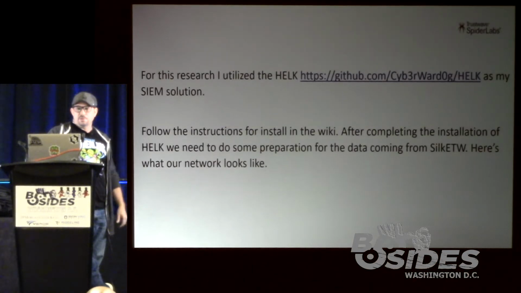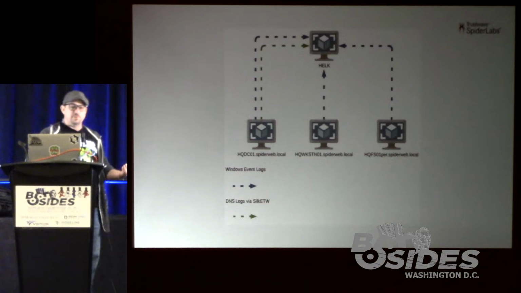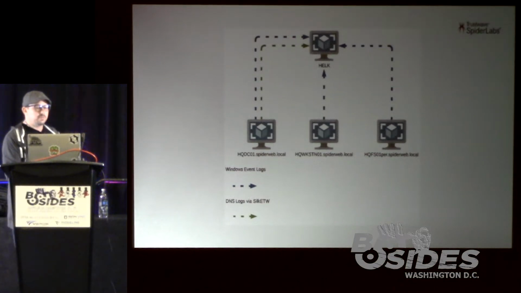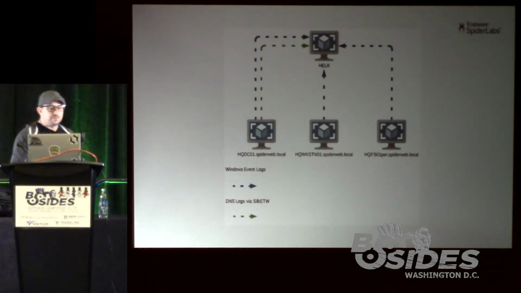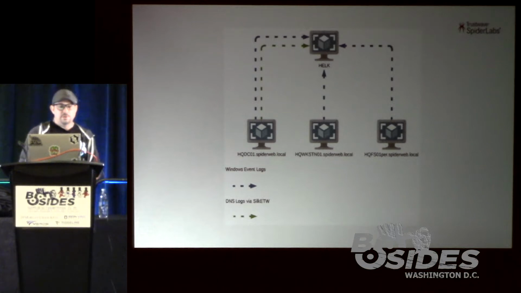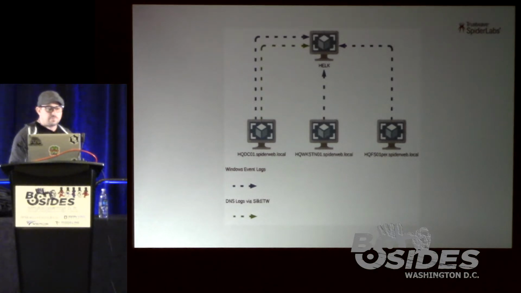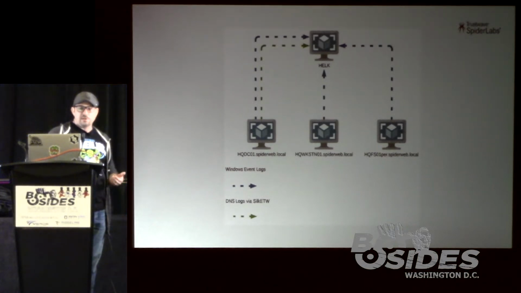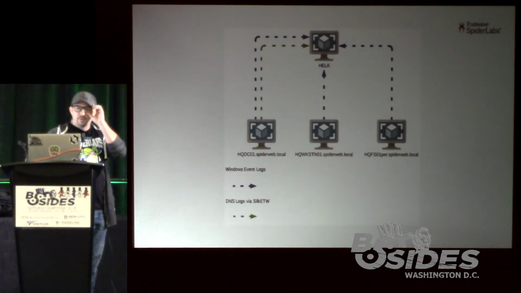So here's a link to HELK. Basically just follow the install on the wiki. I'm not going to go through all that. And this is what our network looks like in this simple lab. So we've got a few computers and HELK running: the domain controller on the left, workstation 1 and file server 1, which are forwarding event logs with WinLogBeat